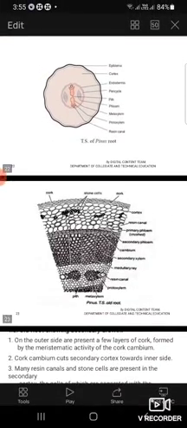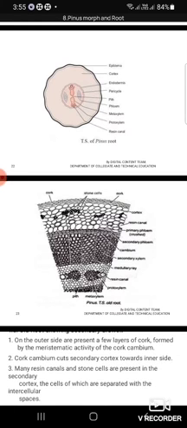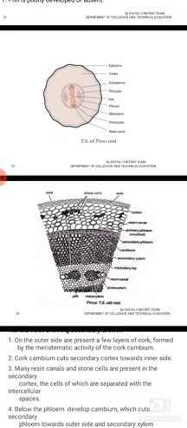Coming to the old root. In the old root, the outer layer is cork, which is formed by meristematic activity of cork cambium. This cork cambium cuts off secondary cortex towards inside. Many resin canals and stone cells are present in the secondary cortex, the cells of which are separated with intercellular